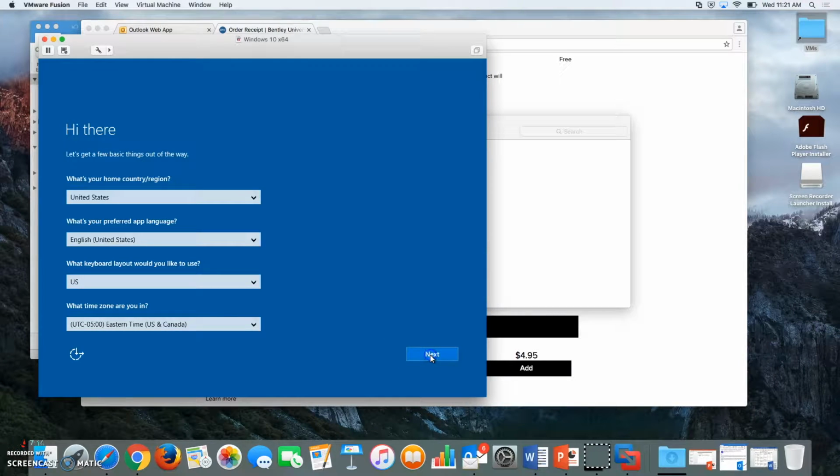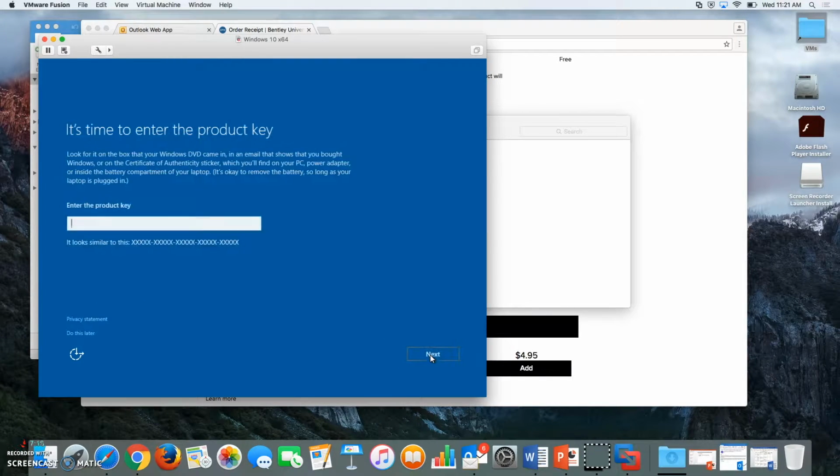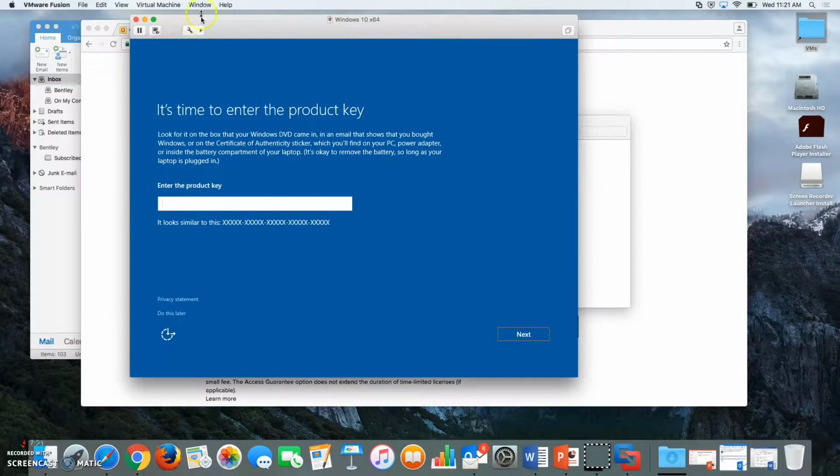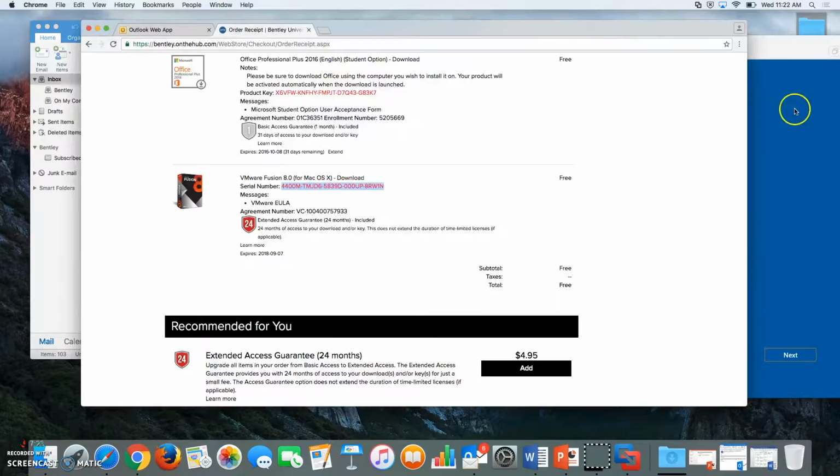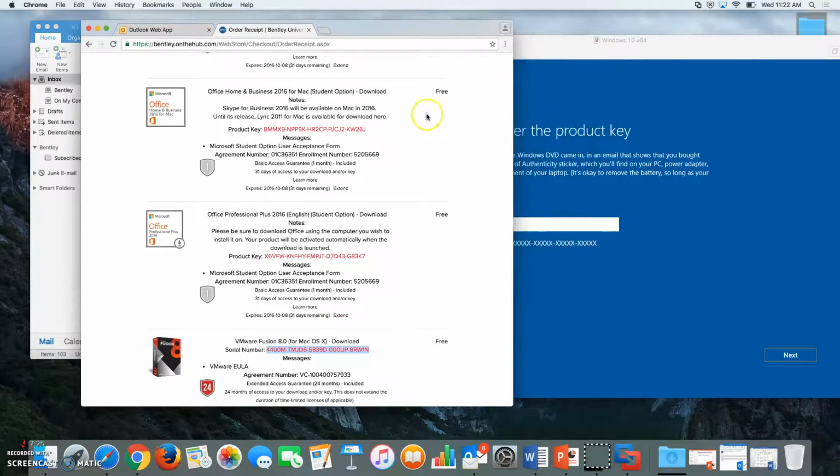So after this loads, you're going to select Next for your language, and then here's time for the product key. So this product key you can't copy and paste. Unfortunately, you have to just type it. But the product key is on that same page with the red product keys. So go back to that page